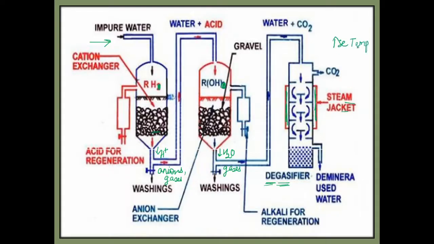Simple, you have to increase the temperature because you want to heat the water, right? Now when the water comes here and the water is having some gas, let's say CO2 is dissolved in it, you have to remove that gas. How are you going to do it? I guess you remember, when you increase the temperature, the solubility of gas decreases in liquid, right? So when I increase the temperature, the gas becomes less soluble, and when it becomes less soluble, it will start moving up, and at the top you may find an air vent, a hole from where you can evacuate the gas, right? Now this is the degasifier.